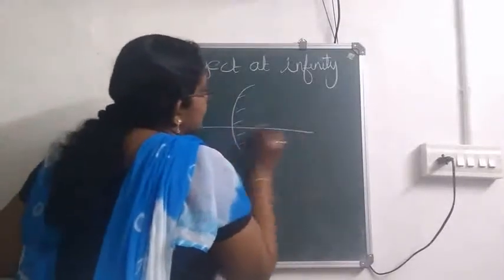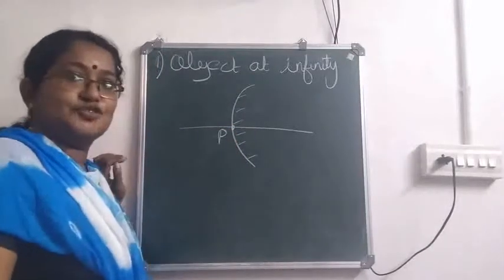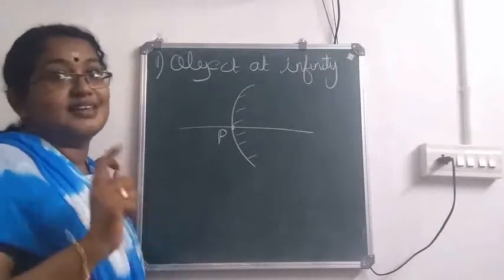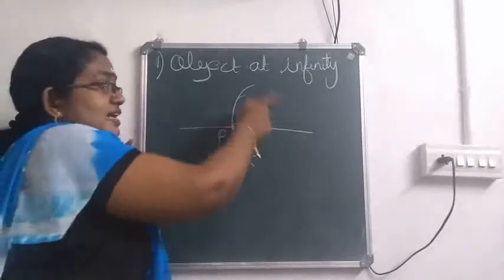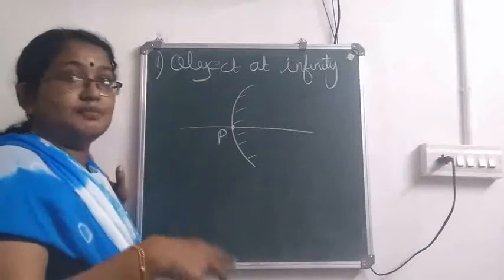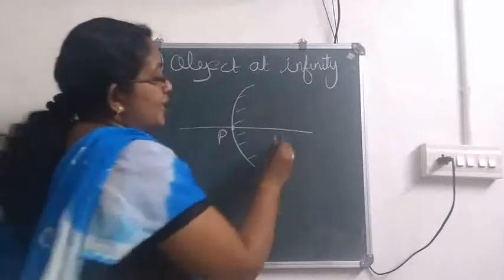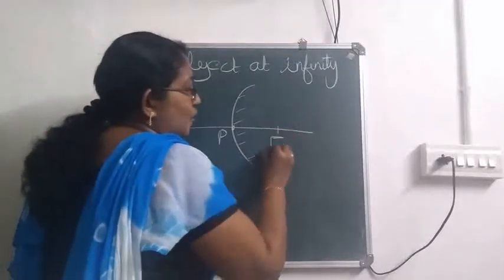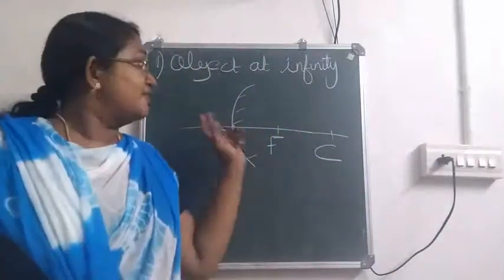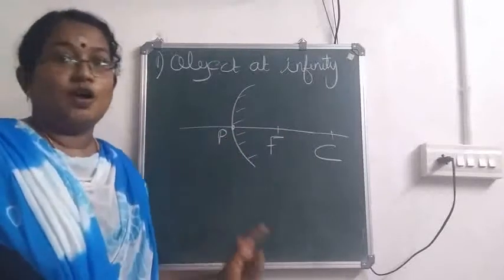Then here I have the pole, and where should I mark the focus and center of curvature? Is it on the left side or right side? It is on the right side. Keep that in mind because this is taken from a sphere, isn't it? So the center of curvature is the center of the sphere from which it is taken. It comes on the other side. So here we will be having the focus, and here we will be having the center of curvature. Don't forget to give the markings like this. Please don't give the markings on this side for a convex mirror.